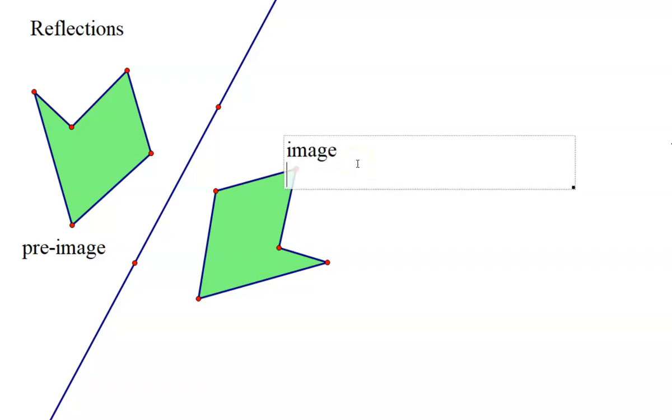So this over here would be my pre-image, and the result is called the image, which kind of makes sense because if you think about a mirror, if you walk into the bathroom and look in the mirror, you are looking at your image. Your image is the result. The pre-image is what was there before you looked in the mirror. You were already there. So you are the pre-image in that case,